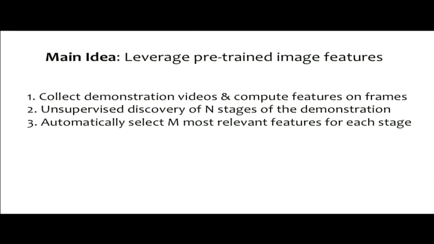And then they automatically select for each of the segments what are the m most relevant features for each stage. And they do this by looking at essentially the mean invariance of each feature in each demonstration and looking for the ones that have the most similar statistics across the demonstrations for a given stage. And then lastly, once they have the features for each segment of the demonstration, they run reinforcement learning to try and match the features of the demonstrations for the features that were most relevant at each stage.